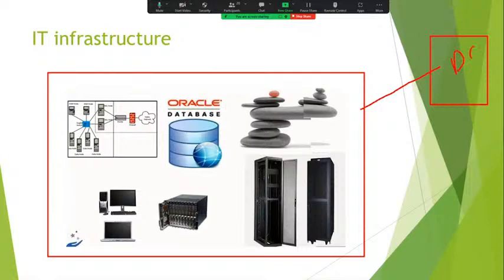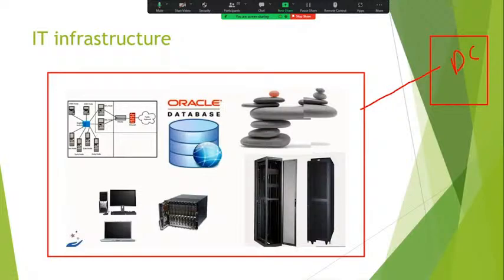Data center. If we go to TCS, Cognizant, Wipro, Accenture, any company in the world, they have their own data center. So what is a data center? A data center is the heart of the organization.